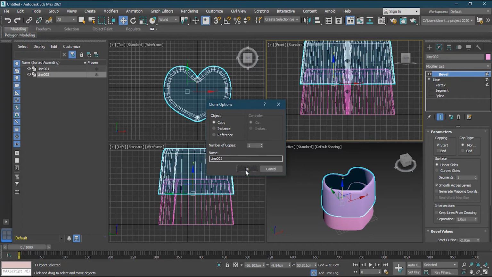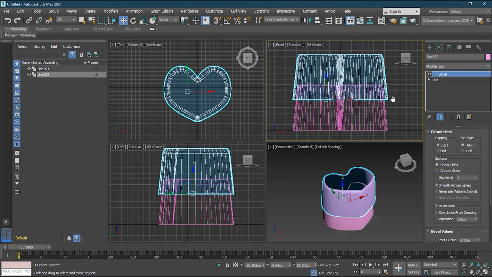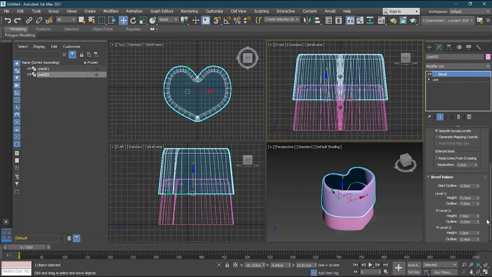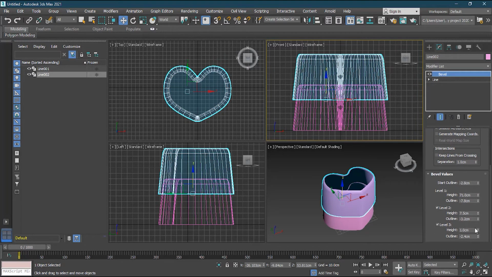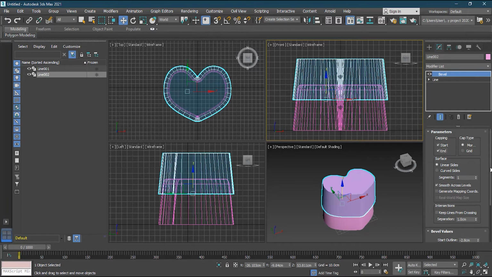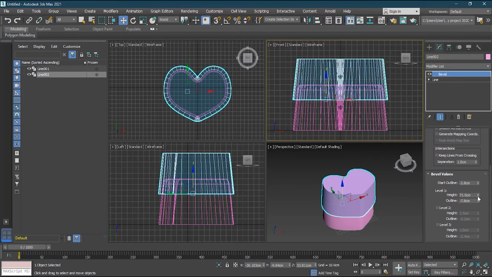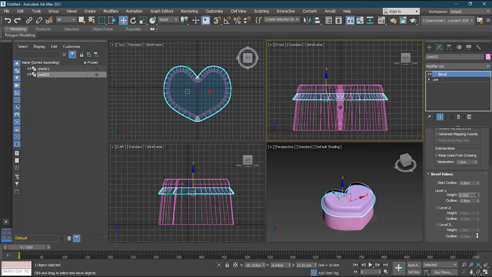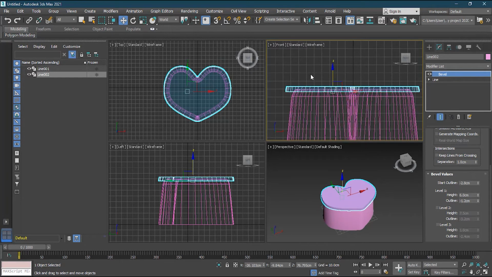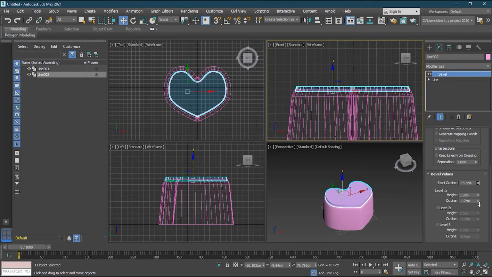Once I have it, I will keep a copy, name it. Okay, now in the bevel, what I can do is that I don't want level 3, I don't want level 2. Okay, but I do want end cap here. I will reduce the height, something like this, increase the outline, and I can put it on the top like this. And the main outline, the start outline, I will decrease it a little bit more, till